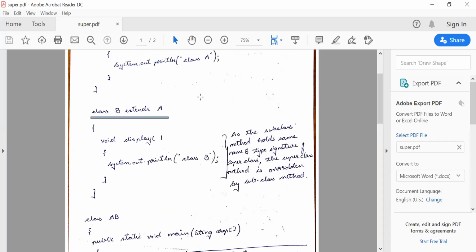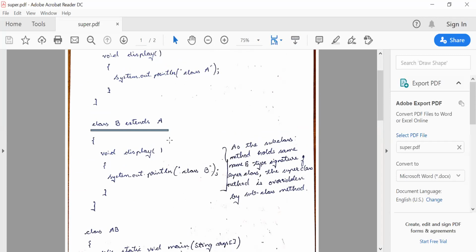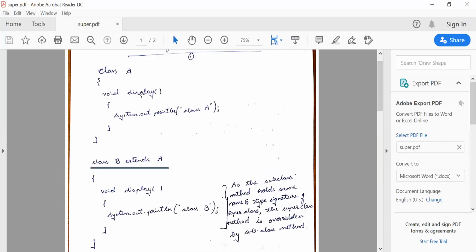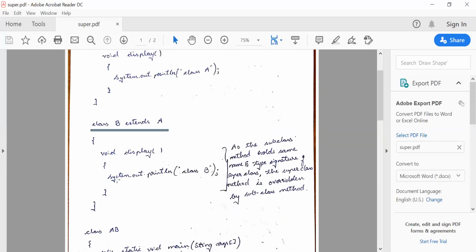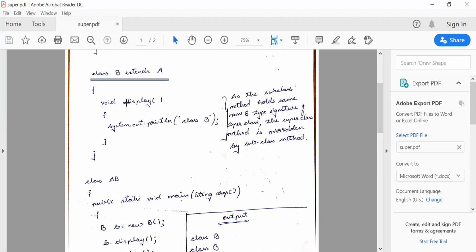It already holds a member called display. So it is already having a member called display with the same name and same type signature. So in this case, what happens? This superclass member, which is derived into the subclass, will be hidden by your subclass member. That is nothing but it will be overridden by your subclass member. Now, whenever we are trying to call display, this subclass member will be invoked, since at the top level we have the subclass member and the superclass member is hidden.